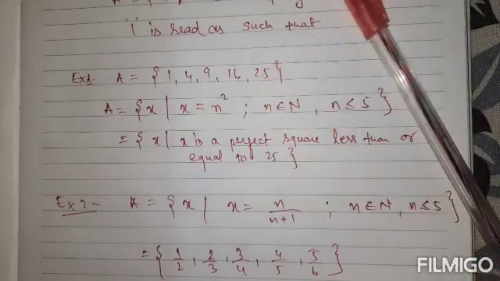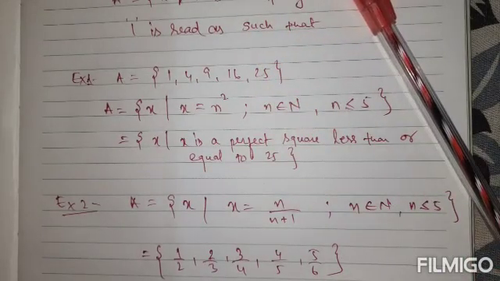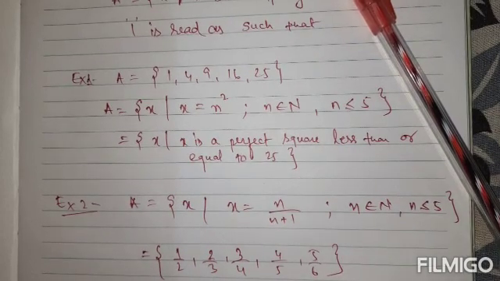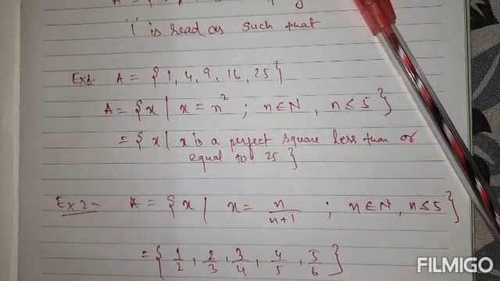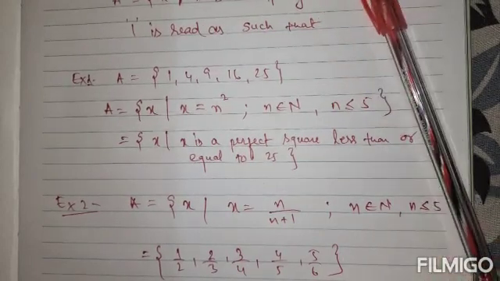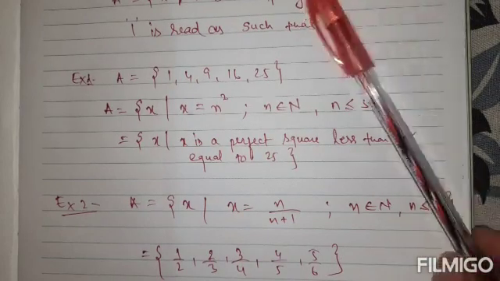Students, you should note that the elements in a set are written only once, means elements cannot be repeated in any kind of set. And 0 can also be an element of any set. If in a set 0 is written, then don't think that 0 cannot be an element. 0 can be an element of a set also.